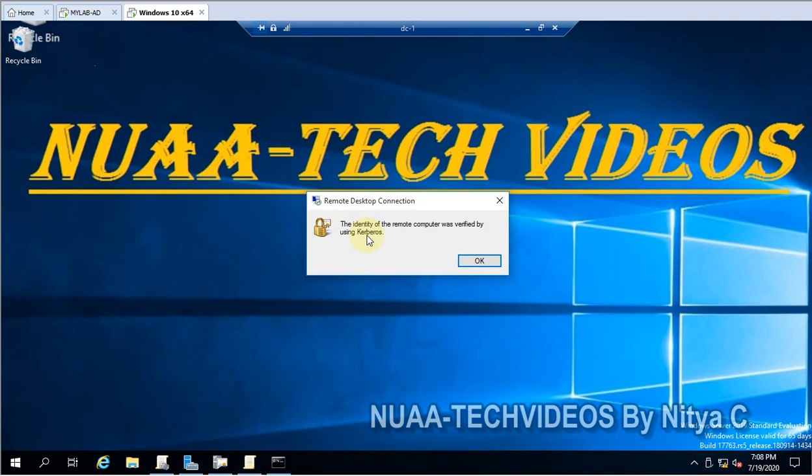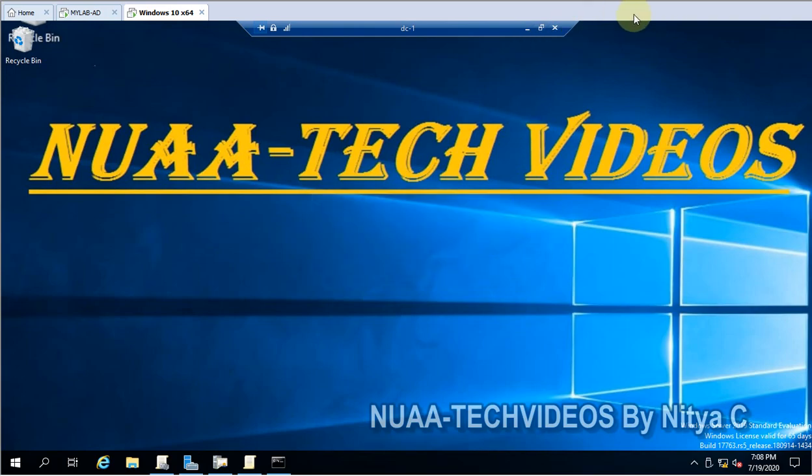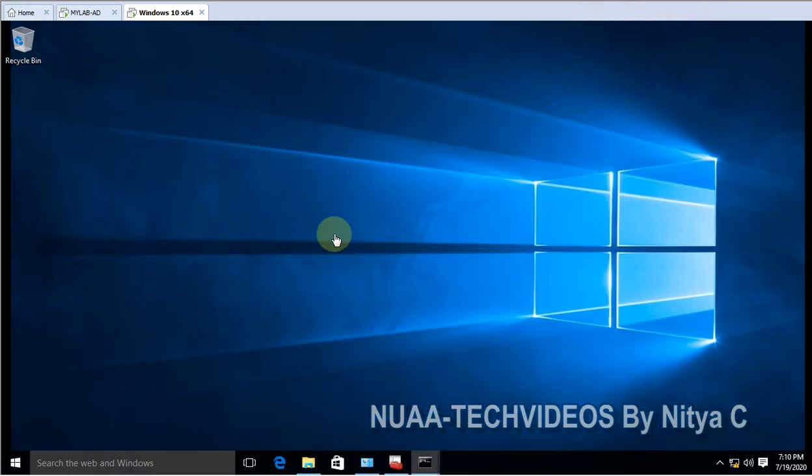Identity of the remote computer was verified by using Kerberos. And if you don't have auto enrollment and all the certificates are not there except RDP, again you will be prompted, but this time you will not get the RDP certificate issue.